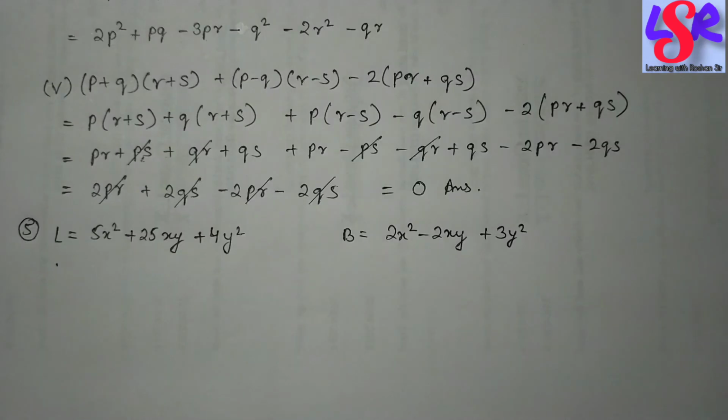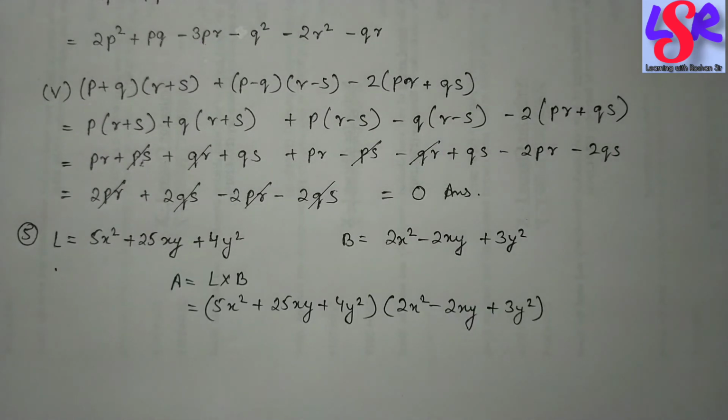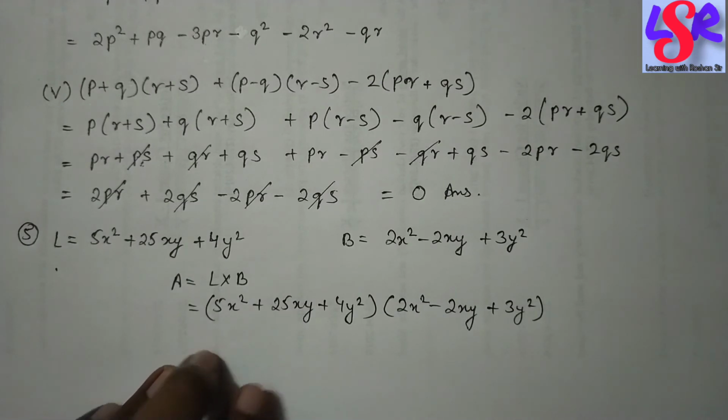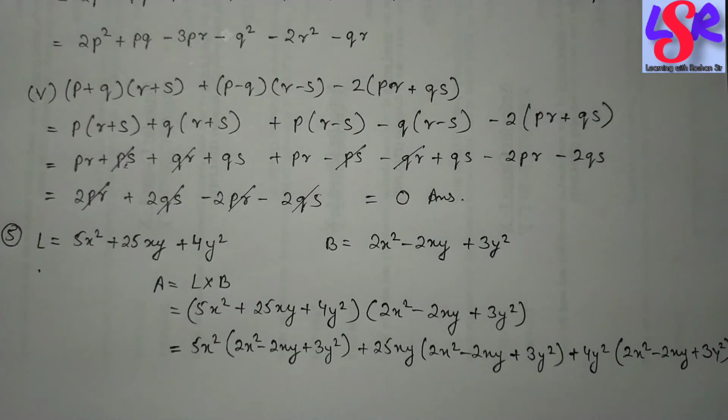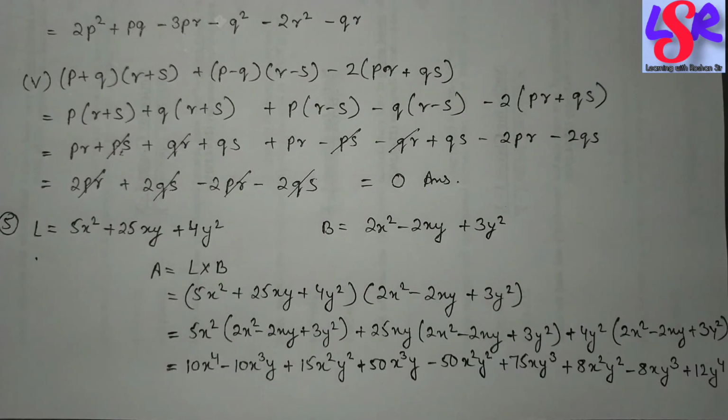Then in question number 5, we have been provided with the two adjacent sides of a rectangle. Let them be the length and the breadth, and we have to find its area. As you all know, the area is length into breadth. Therefore, we are going to multiply these two expressions, which are trinomial by nature, and we are going to just follow all of the steps which we have been using till now, and here we get this. Now we are going to open all of the brackets, and we get this as the product of all.